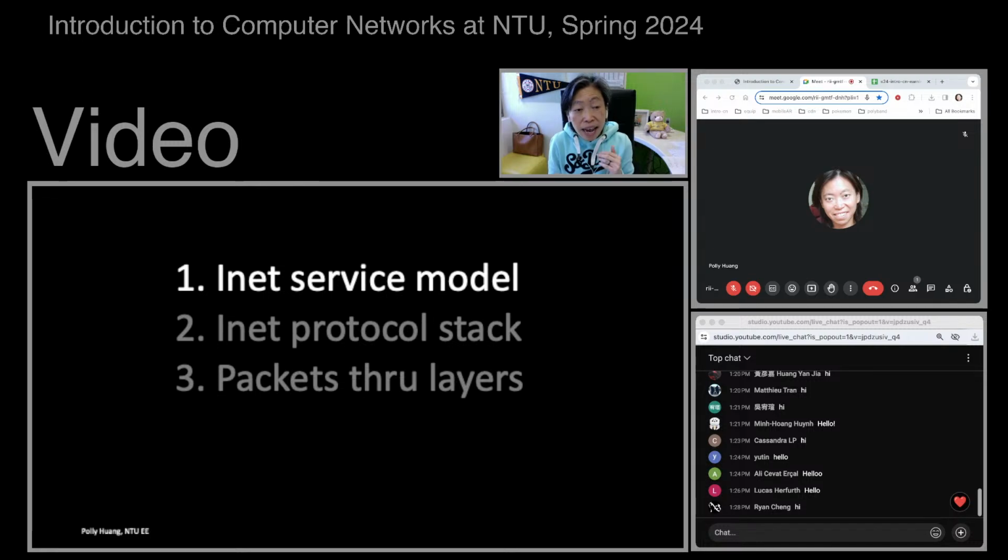Today, this is actually the last video on the internet service model. It is to be more explicit about the benefits of having such a layered structure. There are 2, so definitely pay attention. This is a commonly asked question in the exam.